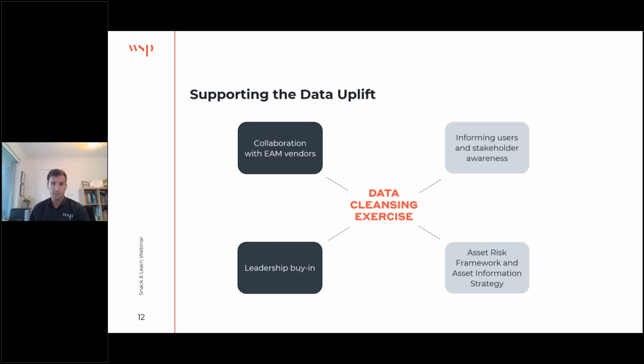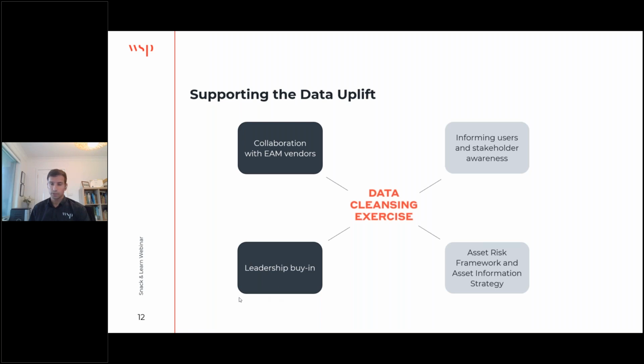This constant engagement was also particularly important since the program was being run in conjunction to BAU activities. Where there was new information emerging, such as new assets being acquired, this engagement provided the opportunity to adapt what data was collected and how it can be fed into the system directly.